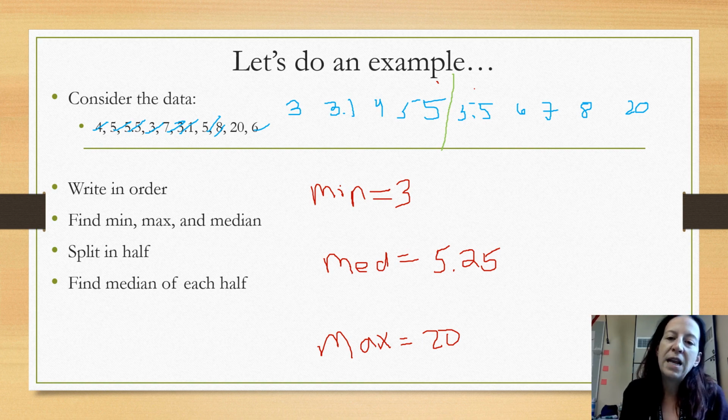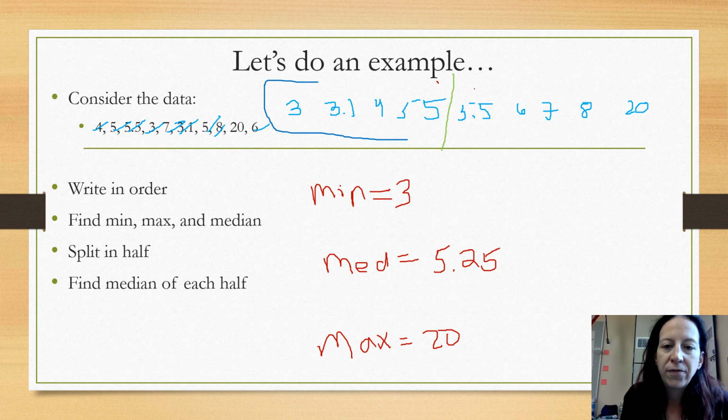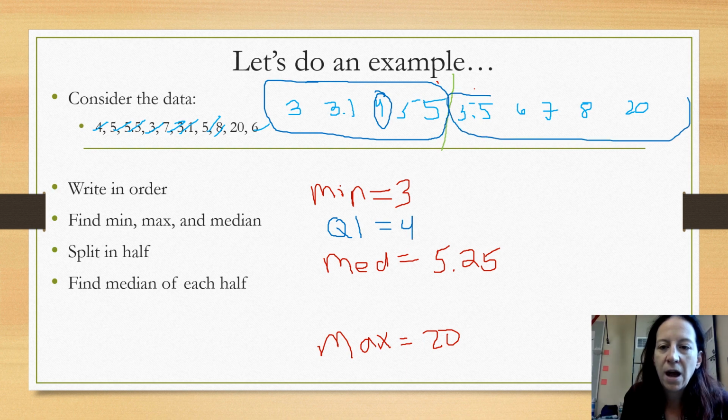And if you did have a middle number, you would just throw out that one middle number and split the rest. Now we're going to find the median of each half. So now I've got this bottom half of the numbers, and I'm going to find the middle of the bottom half, which is 4. So my first quartile is 4, and then I'm going to do the same thing with the top half, and my third quartile is